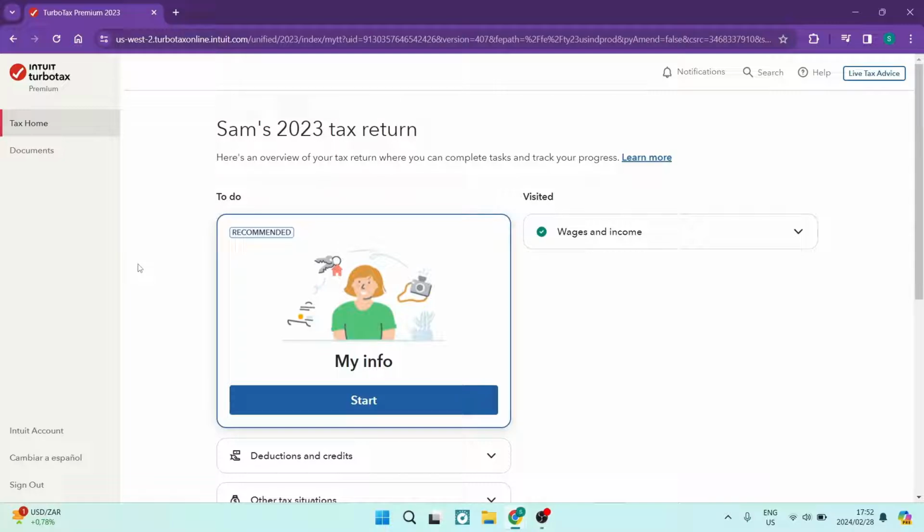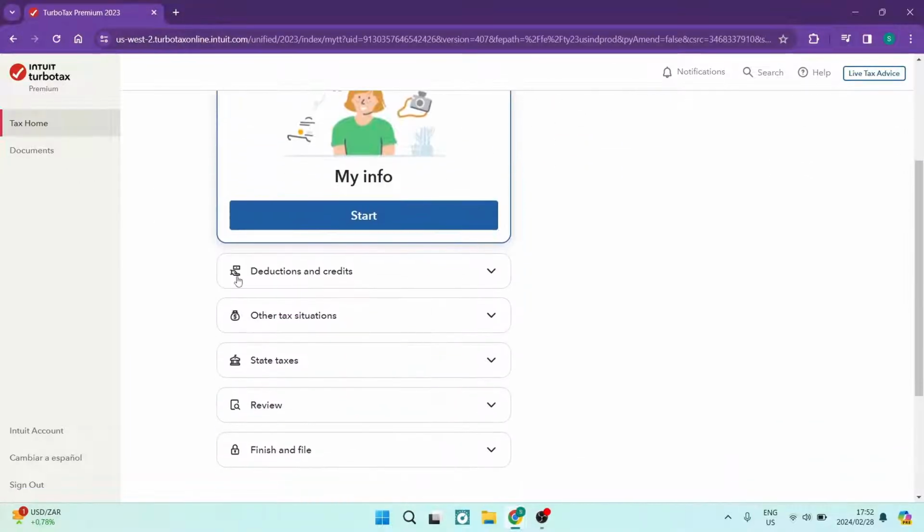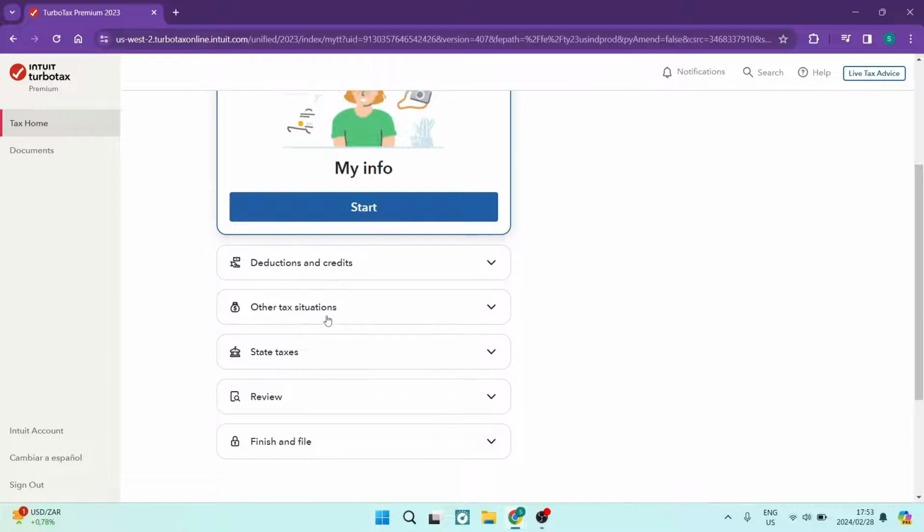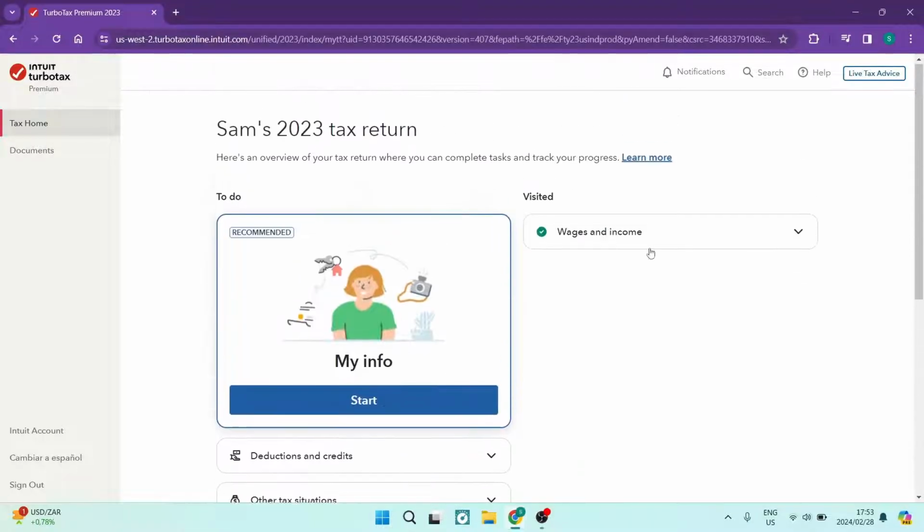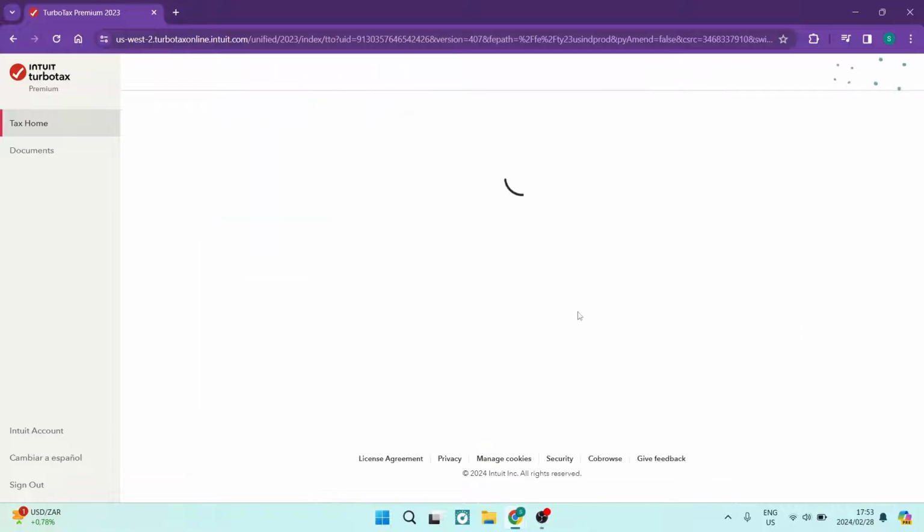We are in TurboTax.com, a product by Intuit to handle all your tax. We're going to get into exactly how to file that stock income tax. You can go over to the To Do, or if you've already set up your account, you can look for your Wages and Income at the top over here, and you can just go ahead and tap on Edit,